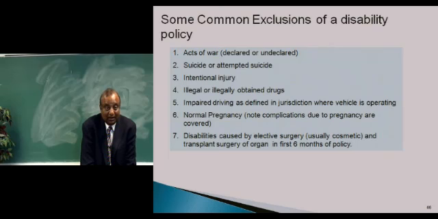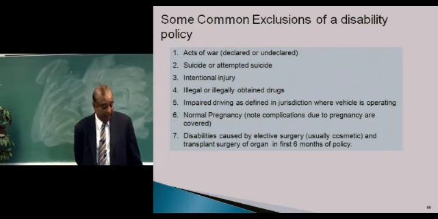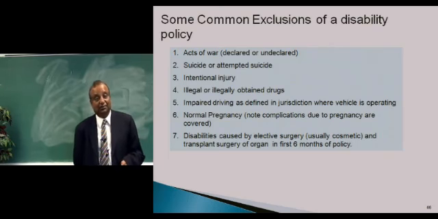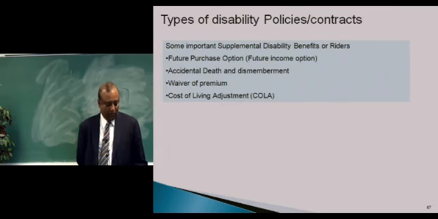There are guaranteed renewable policies. In guaranteed renewable policies, the insurance company can change the premium for an entire class of insureds. And we have cancelable policies where the insurance company can basically cancel the policy. If they can cancel a policy, it means they can do whatever they want. They can raise premiums, change anything they want.